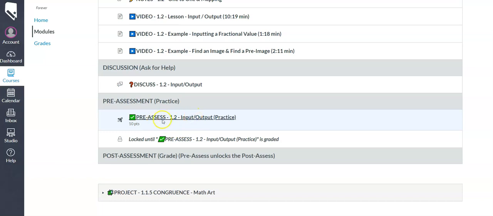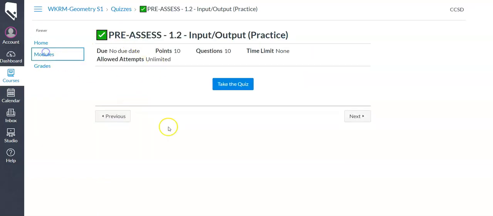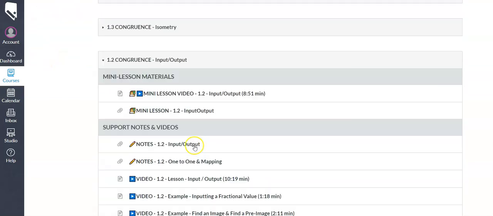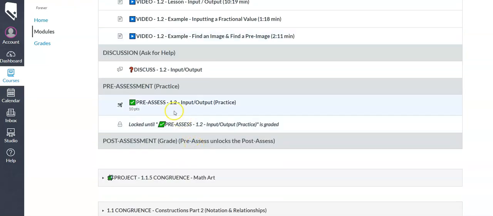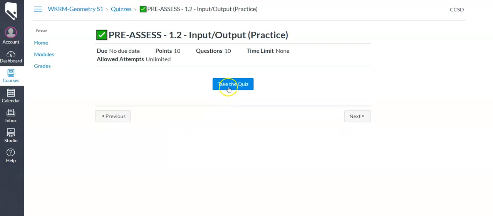Actually, let me go back there just for a second. It's called a quiz, a pre-assessment quiz, but it's not for any points. It's purely for practice. You can take it as many times as you want, and it will change each time. So if you feel like you need more practice, continue to do that. I want you to notice something. Right now, there is no post-assessment. That's where you're going to get your grade for this little activity, and it's currently locked until you've taken the pre-assessment. So you take the pre-assessment first,